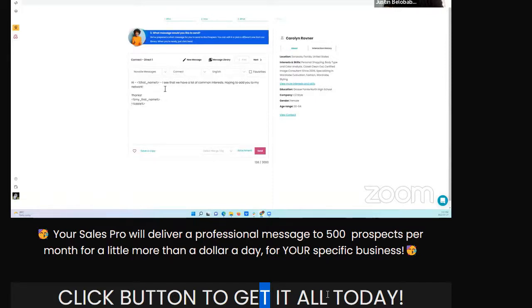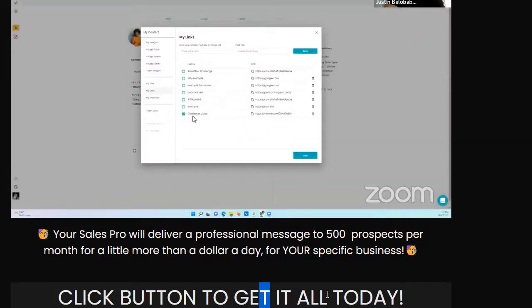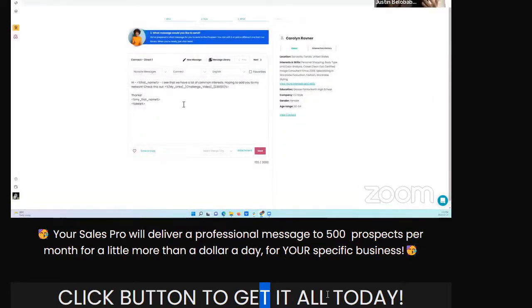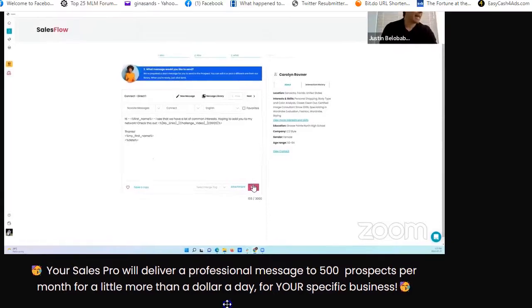I can add an attachment. I could say check this out, and I can add an attachment to like a video. So I've just built a really highly personalized message with these merge tags: first name, an attachment, my name, and the date. Okay, so when I click send,